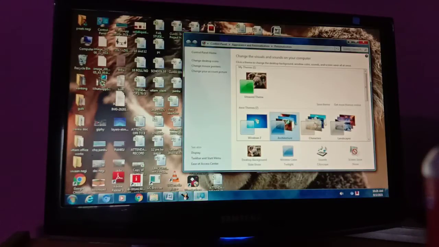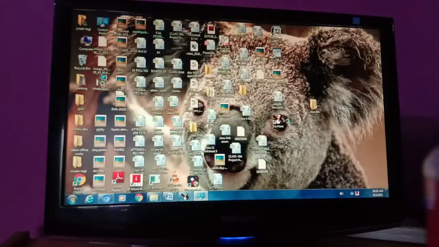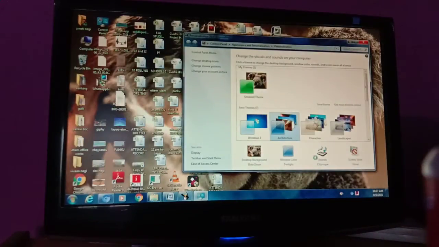For example, I am clicking on this theme, so now my theme will be converted to this after a few minutes. It's loading, it's taking a little time. My computer is a little slow, that's why it's taking time, otherwise it can be done fast.